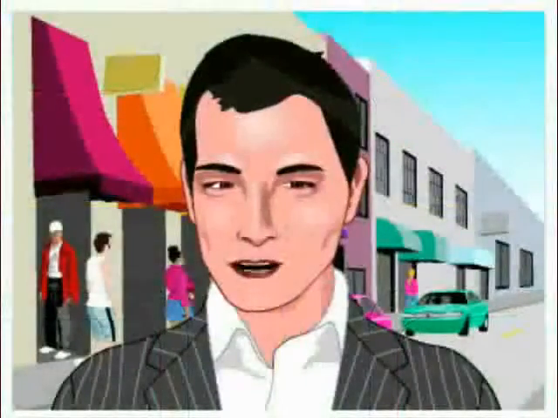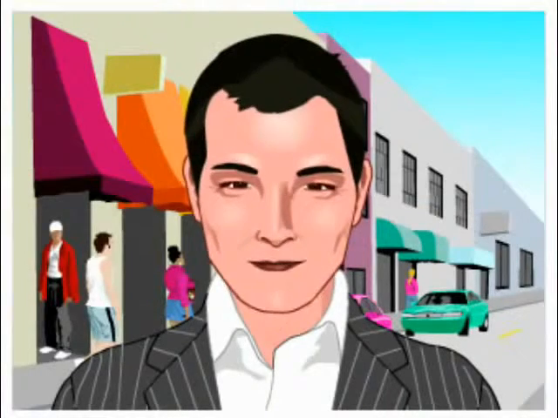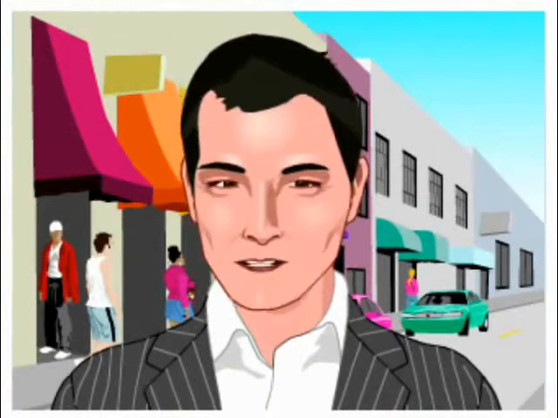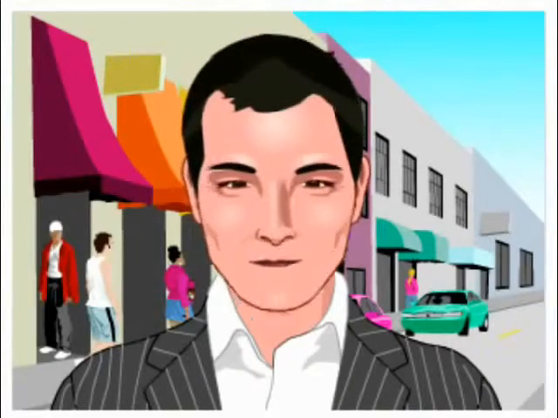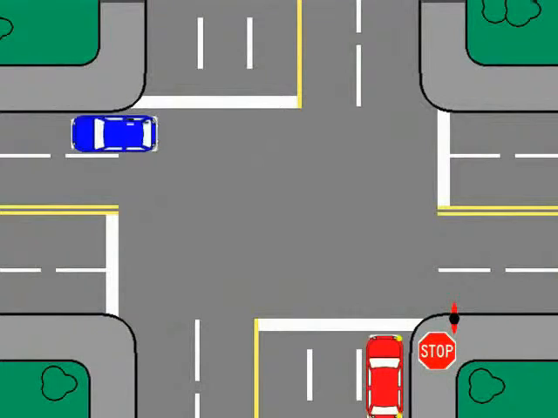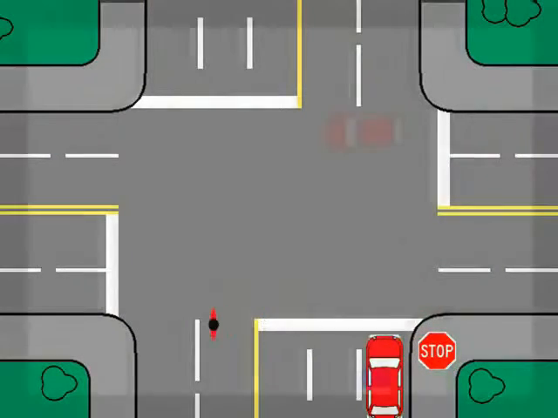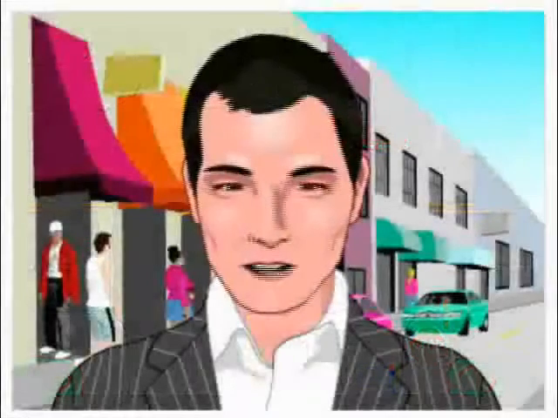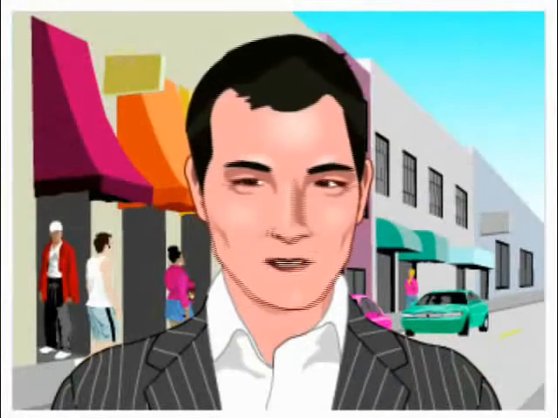Scenario 1 of 9. To make a right turn, you must signal your intention to make a right turn before approaching the intersection. Move into the lane closest to the right side of the road and come to a complete stop. Yield the right-of-way to pedestrians and other traffic. Make sure you check your blind spot before turning. Proceed into the right lane of the highway on which you wish to travel.